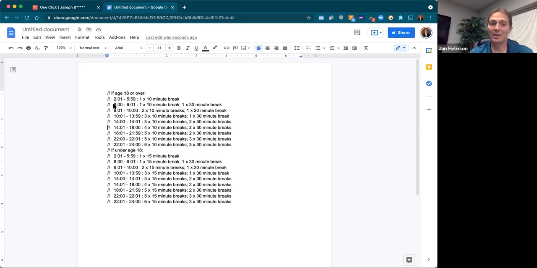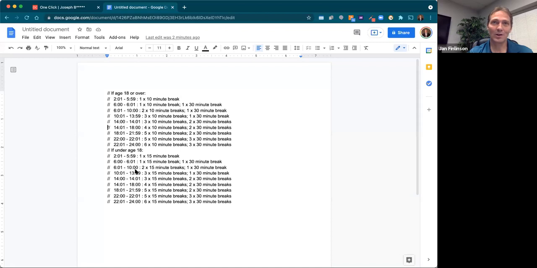And then working between 6 hours, actually, it's really curious that Oregon does this, but if they work exactly 6 hours, they get one 30-minute break and one 10-minute break. But if they work 6 hours and 1 minute, they get two 10-minute breaks and one 30-minute break. So it's curious that there's a different requirement for working exactly 6 hours versus 1 minute over. But anyway, all of these break rules and these different ages, we can code up, and